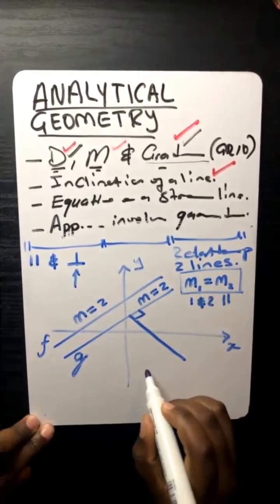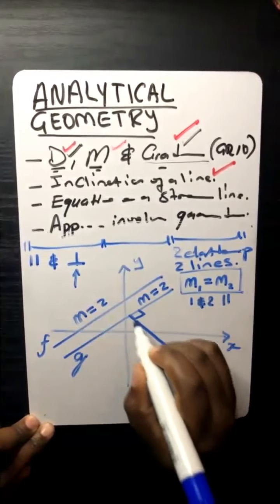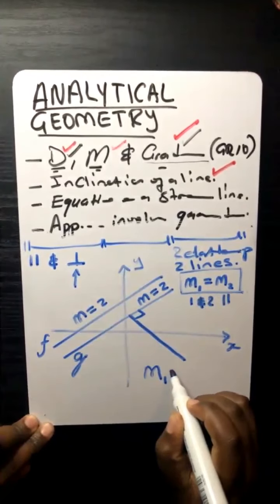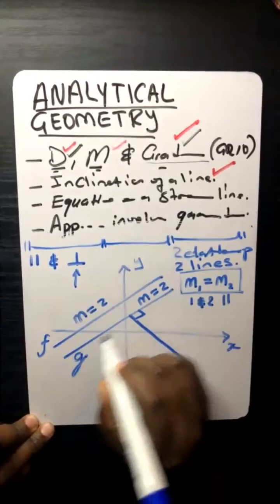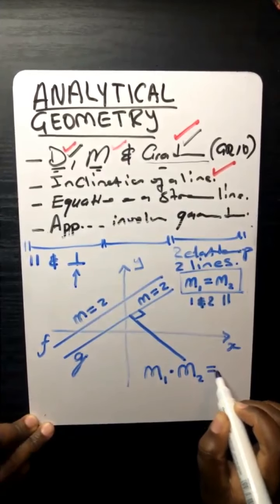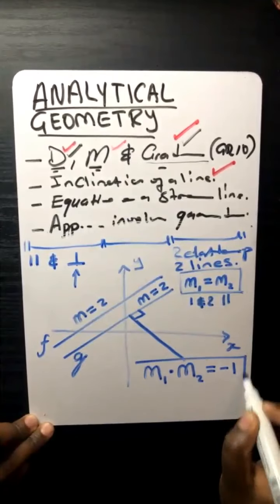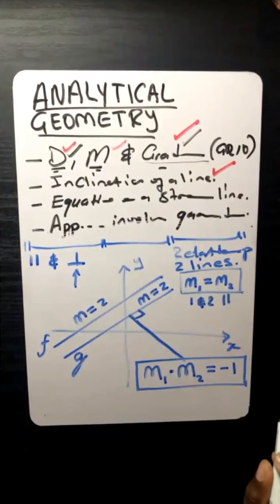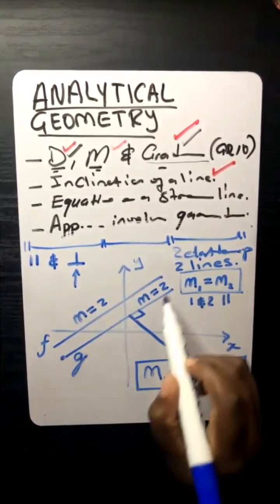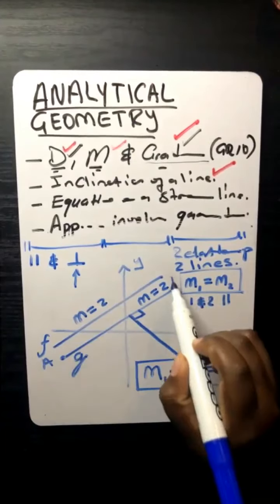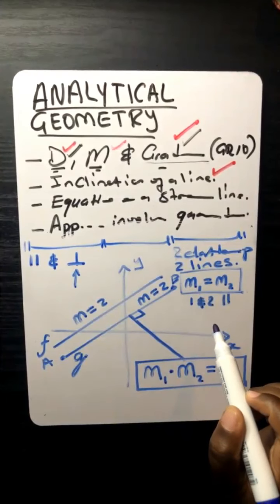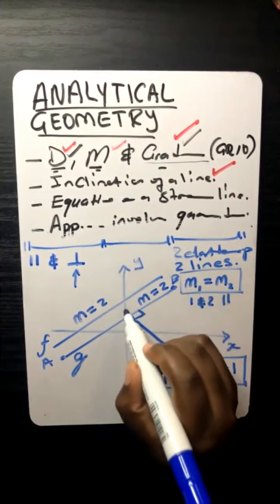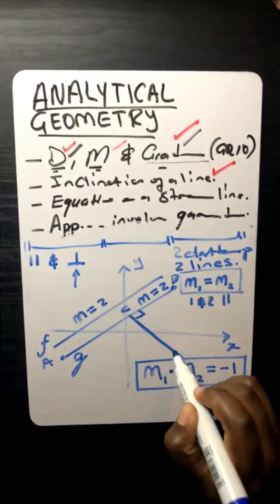So that means the gradient of that first line, when you multiply it with the gradient of that second line, the answer is -1. So this is how you determine if the two lines are perpendicular to each other. So that means normally in exam what they do, they give you these 2 points, let's say point A and point B. Then from there, they say, let's say maybe this is C and that point there is